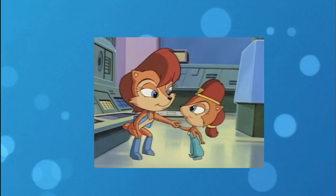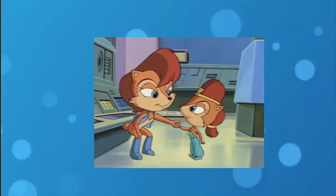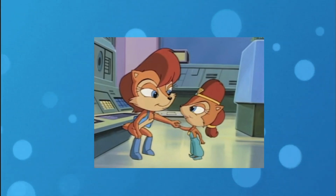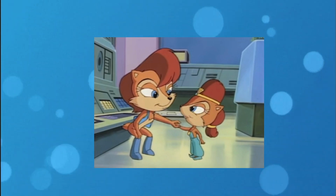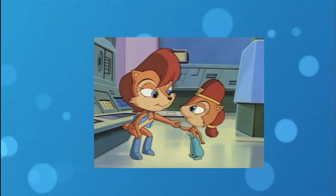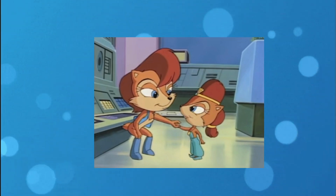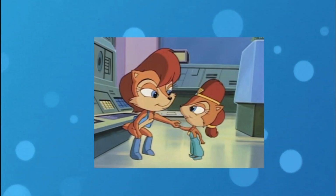I want to show you guys Sally Acorn and her kid appearance too as well. This is Sally Acorn as a child in the Sonic the Hedgehog series. Her design looks similar to her original design, but she's wearing her princess clothes, and she has her crown and the usual wear for the royal princess. So it is a nice looking design, and I actually kind of like it. I think it's adorable. But that is what Sally looked like as a child. There's another version of it too. But let's get back to Sally Acorn's